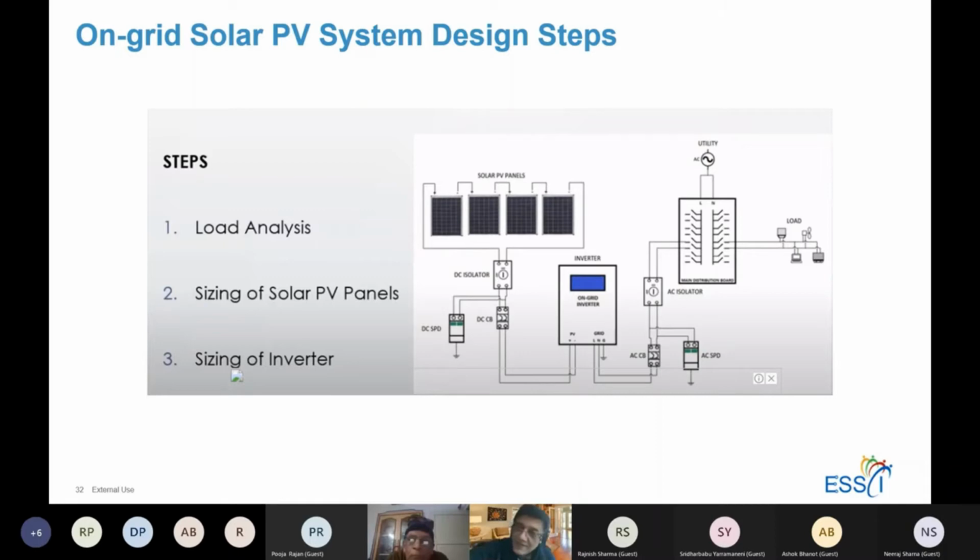Remember what the software did? Software in the solar labs took the entire roof, wherever you laid the section, and it designed the panels for the entire rooftop. Sometimes you don't want to do that. Sometimes you want to go by other thumb rules to design for your rooftop. For example, you can say, I want to design for my rooftop based on my load. So you analyze your load, your actual consumption requirement, and you say, for this, I need my panels.